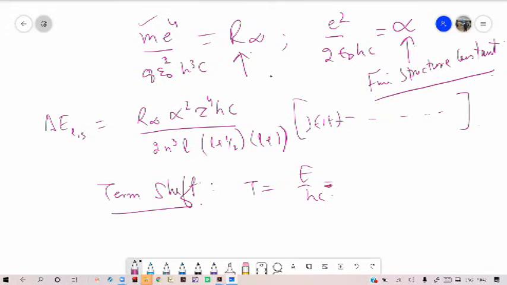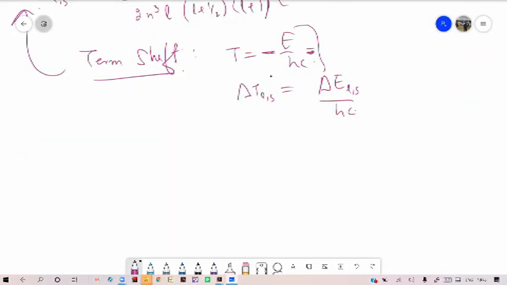So for this case here, there will be delta T L S, it should be delta E L S, and it is minus divided by hc. We have done this in one of the classes. So using this expression in the above, it gives us a term shift of minus